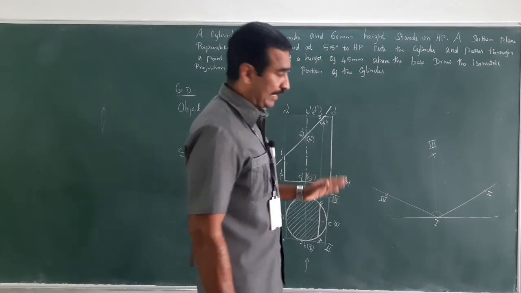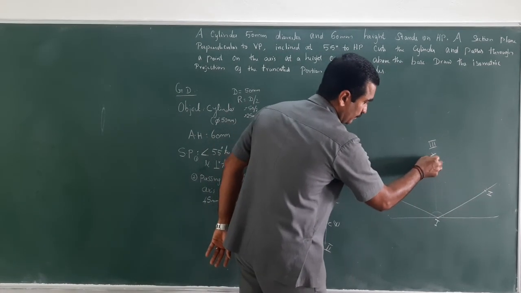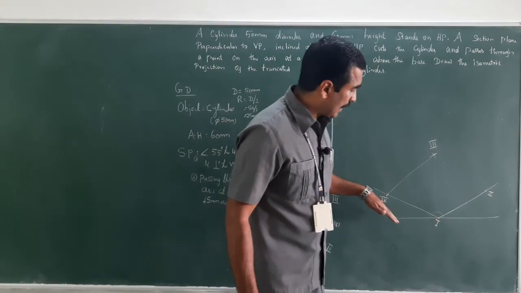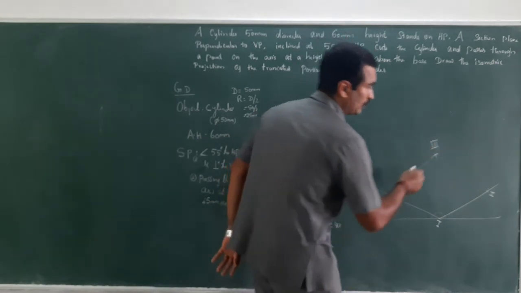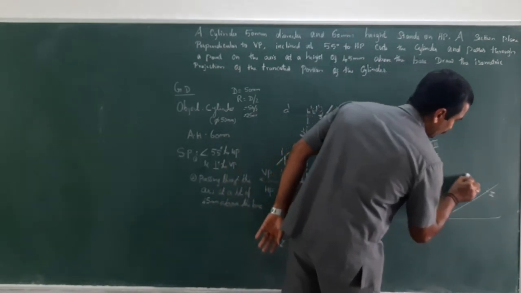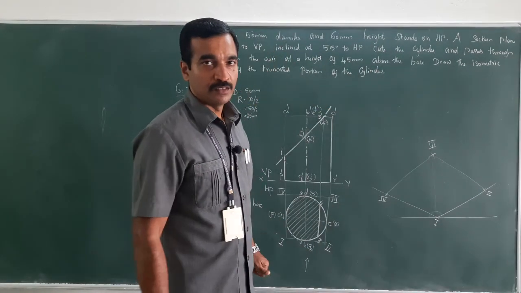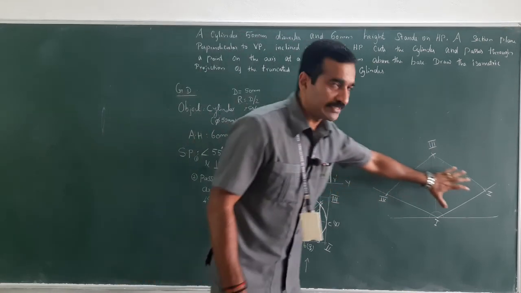Now draw a parallel line, that is, a line parallel to 1 to 2 should be 3 to 4. And draw a line which should be parallel to 1 and 4, that is 2 and 3 should be parallel to 1 and 4. Clear? Now, since it is a box type method, I have constructed the base.